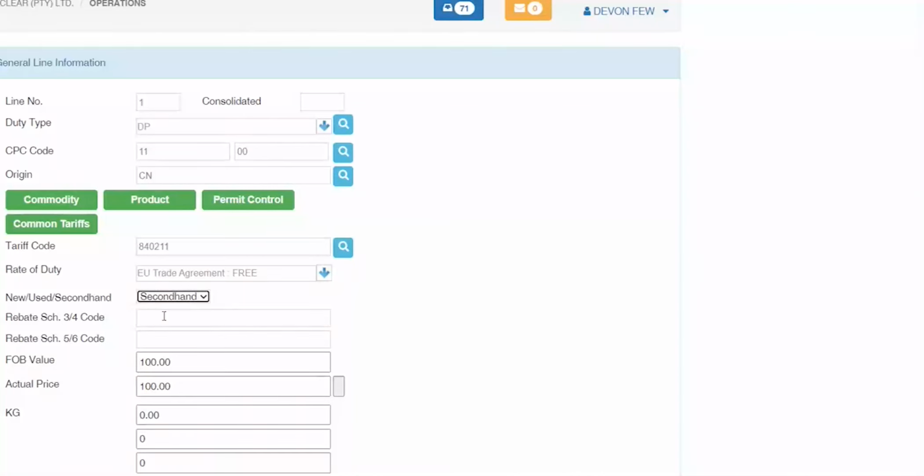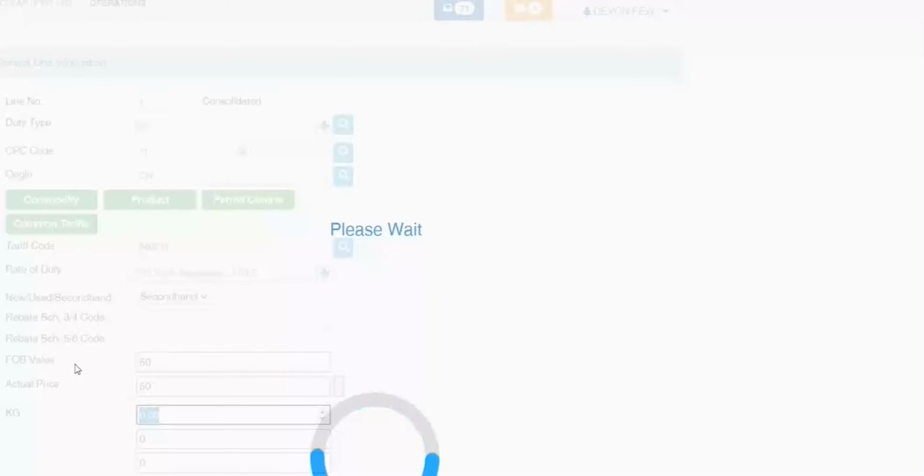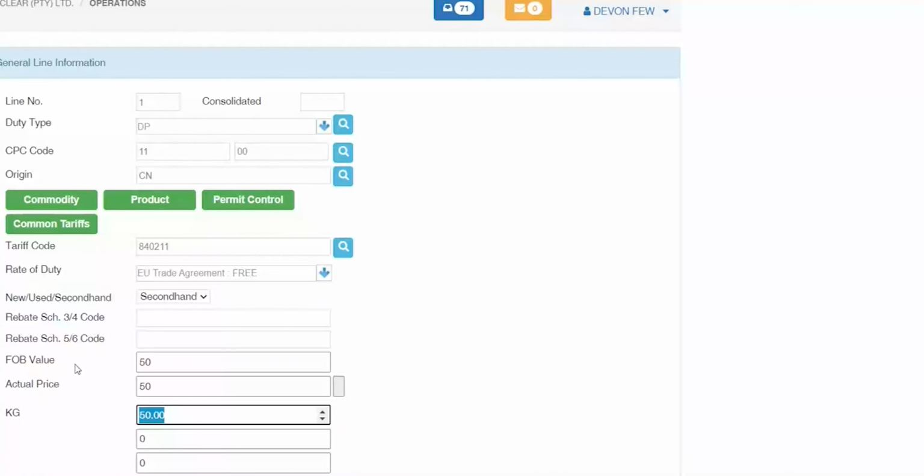I'm going to specify this as second hand. There's no rebate code schedule 5 and 6. I can't even click on these fields based on a DP entry. That would have had to be like a GR or something along the line. So this will be 50. Actual price is 50 kgs. Now, the reason why we add actual price there is because your actual price might differ from the FOB